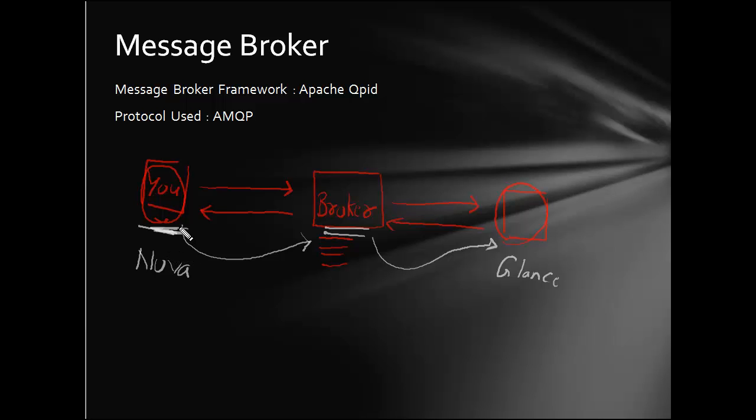So what does the Nova application do? It just goes to this middle service, this middle program, and says, I want this type of service or this type of resource. The duty of this middle program is to go and find that type of service, and if this middle program finds that type of service,